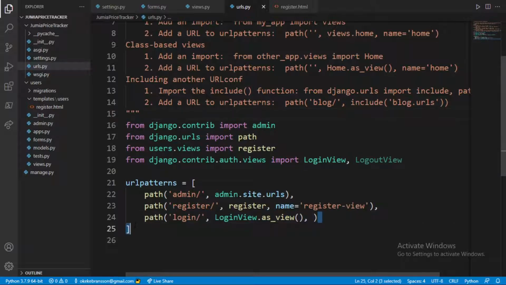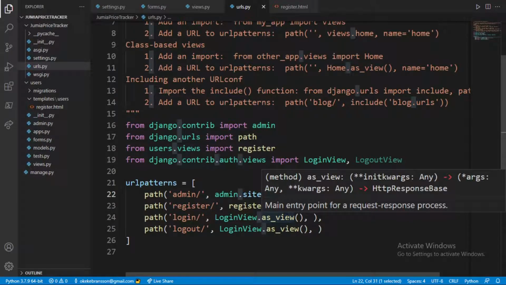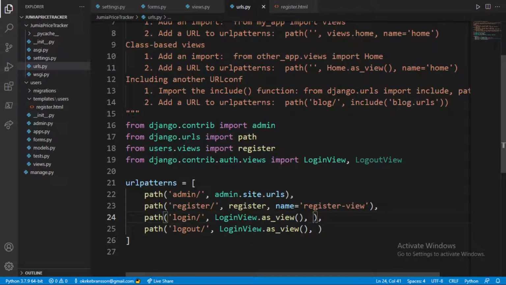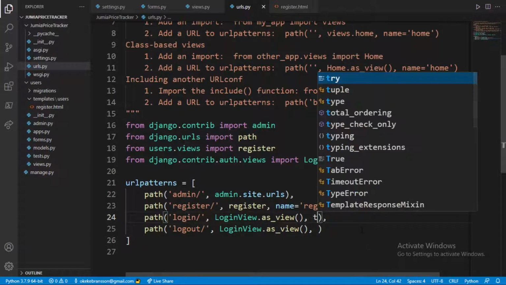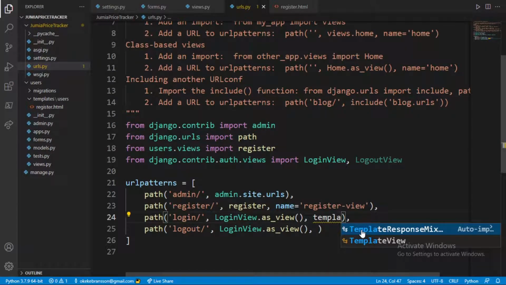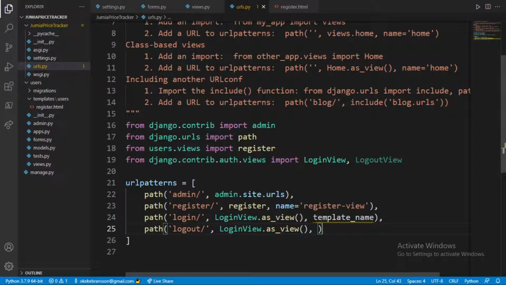Let me just go ahead and copy this for the other one before I add something else there. So this one is basically going to be logout. And here in LoginView.as_view(), we have to pass in some things. I don't think we're gonna. Okay, so here we're gonna do template_name. I can't remember if we're gonna have to pass something else there, but if we run into any issues, I will go back and see what we're gonna do there. So let's just continue with what we're doing. So template_name should basically be equal to